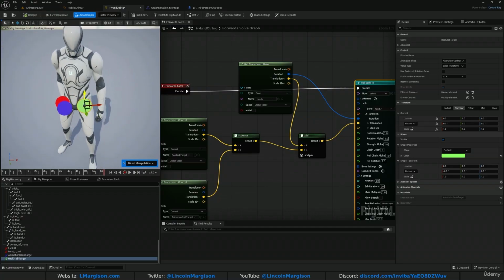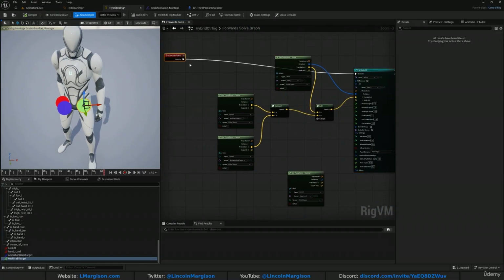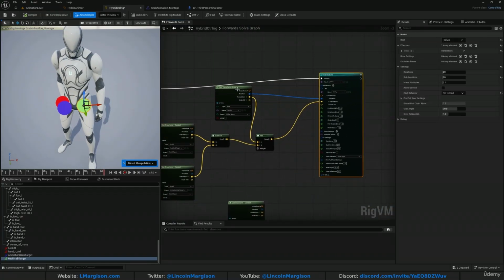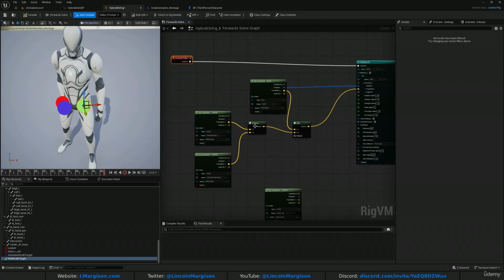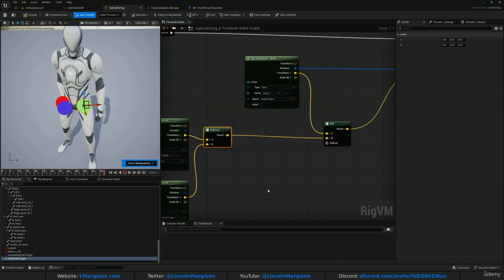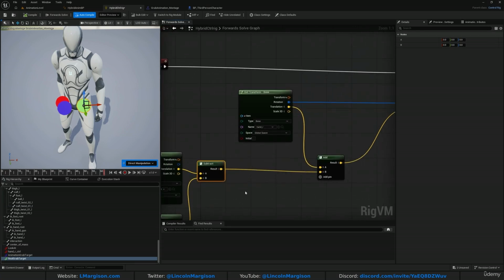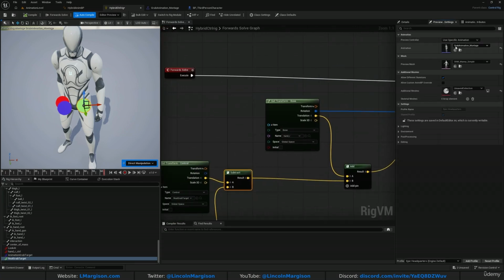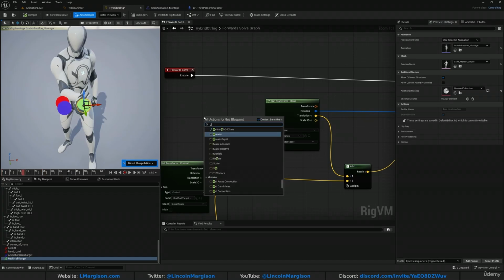Now, we don't want that. So rather than just using this full offset at all times, what we're going to do is scale it based on the curve. Because in the preview settings, I'm using the specific animation, which is the montage, that has the curve information in it. So we should be able to read that from within Control Rig. So if we right click and do get curve value,